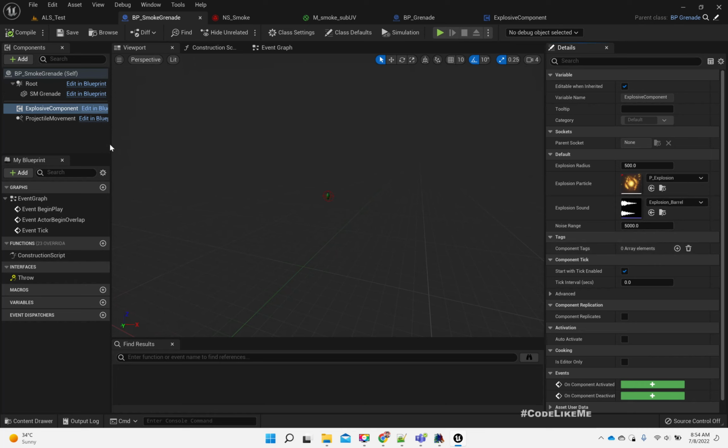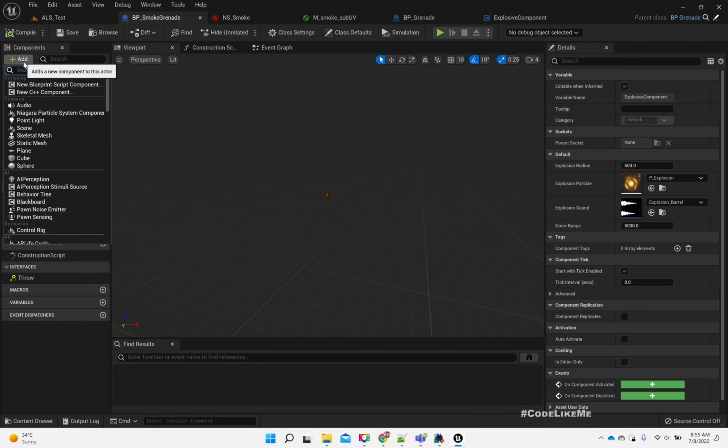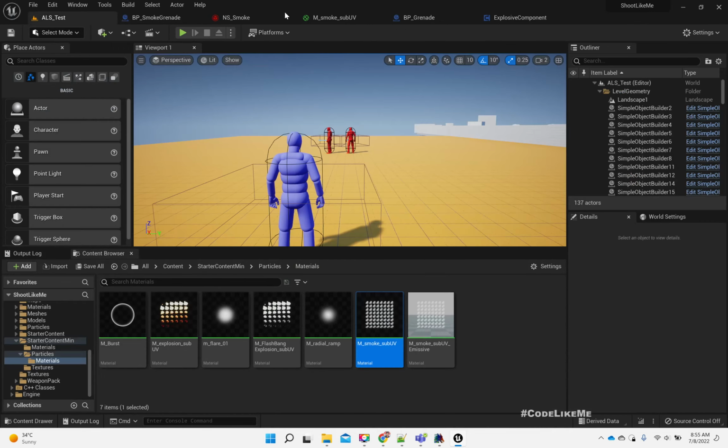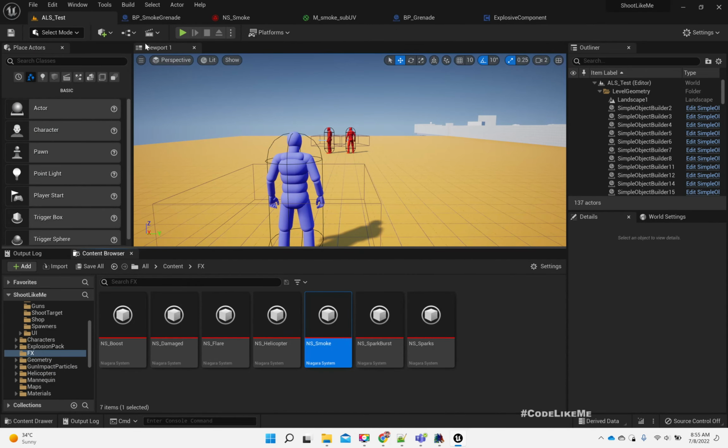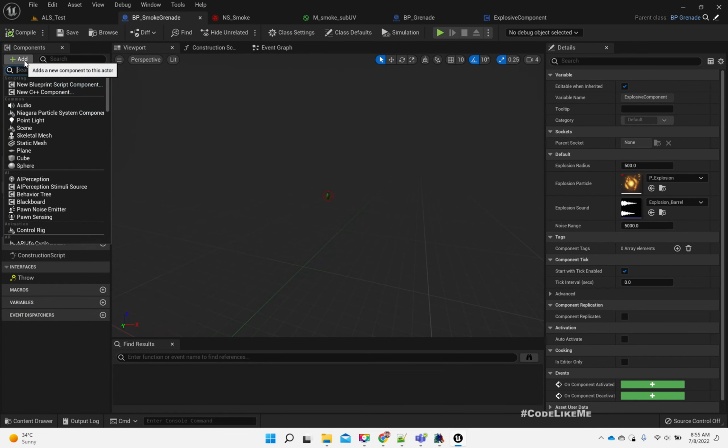Right, then let's select this NS smoke first and add